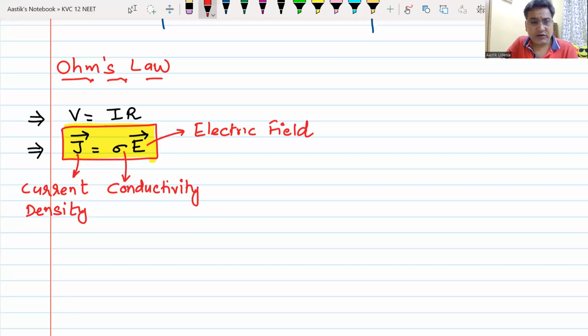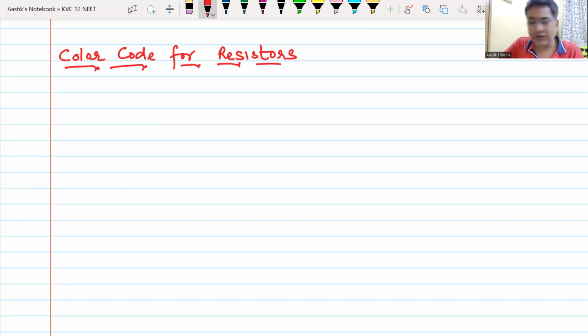Well, since you have noted this down, we have to move to the next topic, next point in this. And the next point in this is what you must be knowing: color coding for carbon resistors. Color code for carbon resistors. Or color code for resistors. Now, what is this color code? Normally, whenever you have a resistor, the value of the resistance of the resistor is not given directly in terms of value. It is given in terms of